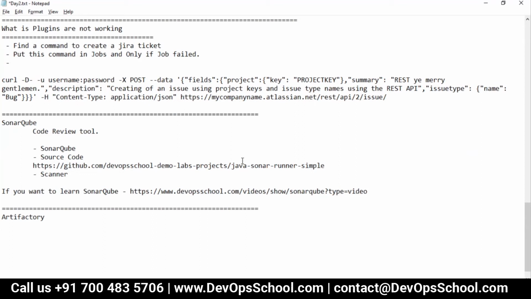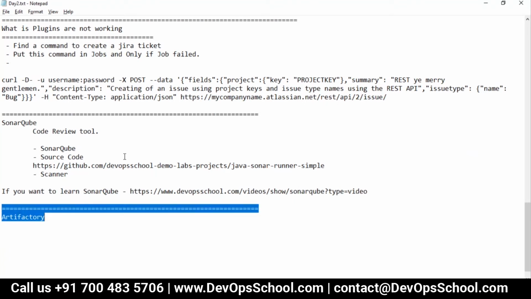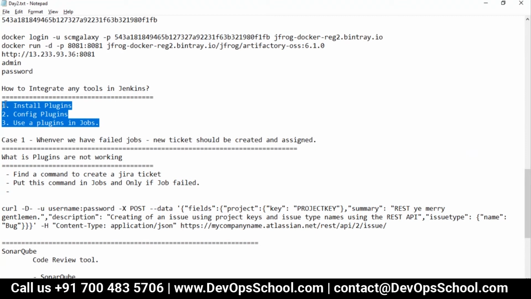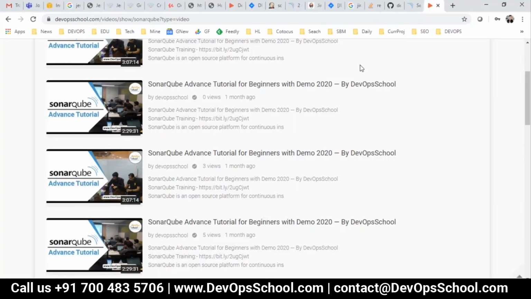Now Artifactory is a tool where we archive the packages, correct? So now let's do this Artifactory integration also. Same rule I will apply: install plugin, configure plugin, use plugin. That's all. So now let's get started. So this is Jenkins.